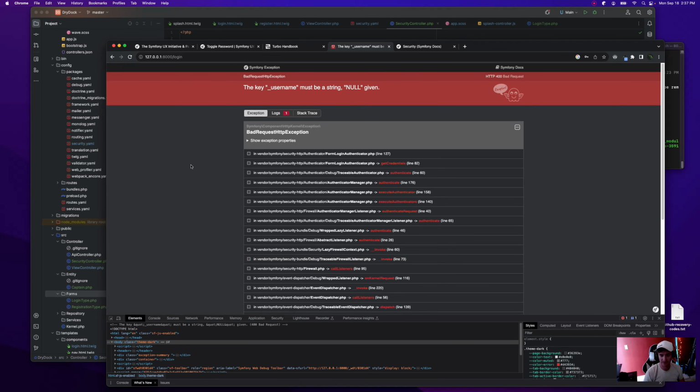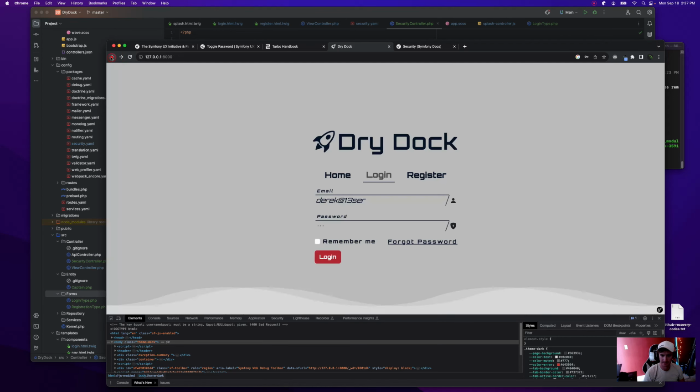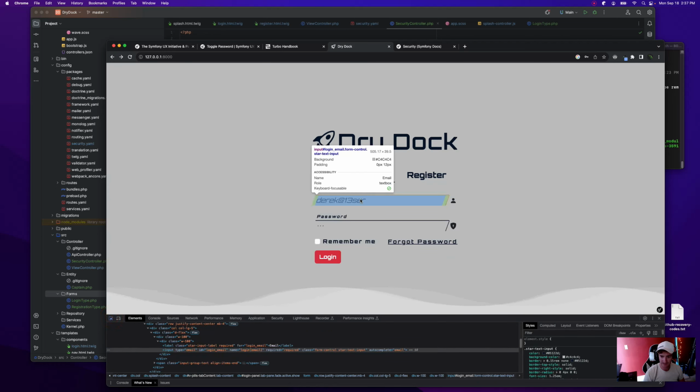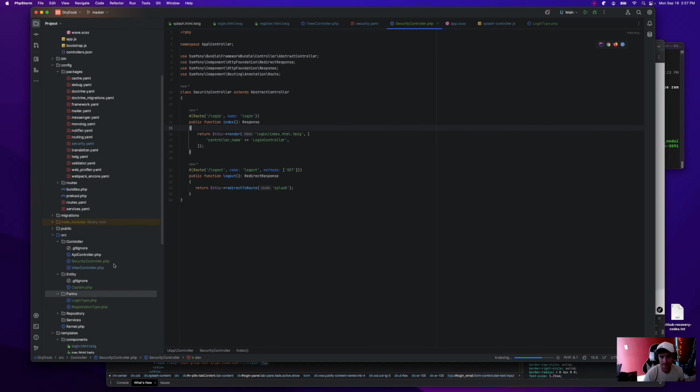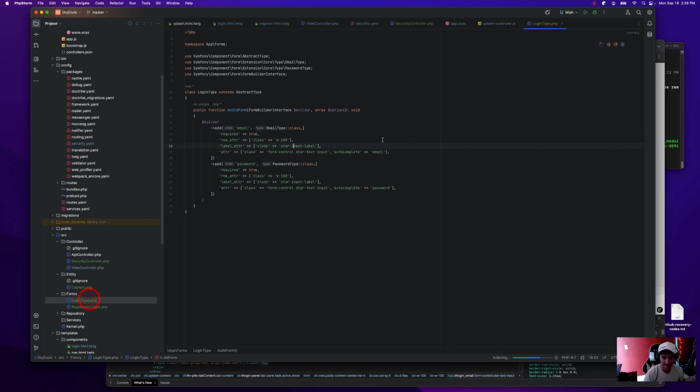Username must be a string, null given. Not happy with that. Because probably the name for this is wrong. Because it's underscore email. Let's look at that. Yeah, we need this to be username.